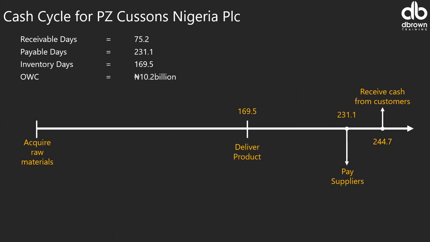Exactly. So imagine the time it took them to be able to get their stock out of their store. This is the longest, 169.5. And secondly, they have to go and pay the supplier before they even receive cash. So almost 6 months, which means this supplier they are paying, someone is funding it. They are short of that cash. And you can see the operating working capital is positive.